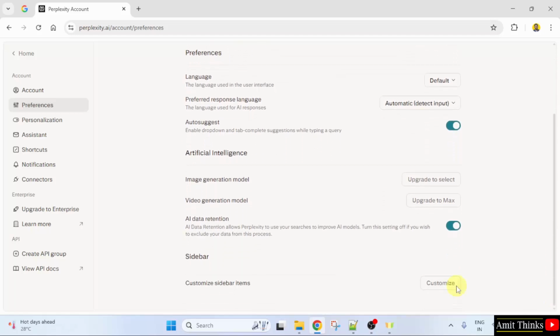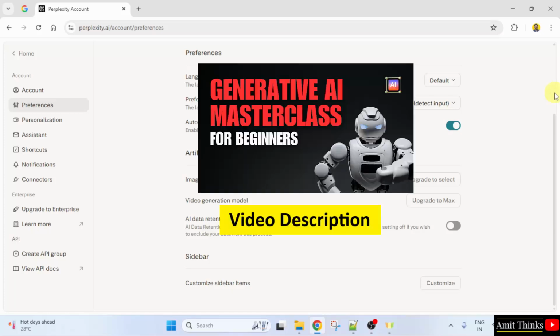Here the option is visible, AI data retention. It allows Perplexity to use your searches to improve AI models. You can just click on the toggle bar to switch it off. Okay, that's it. You don't need to do anything else. In this way, you can stop Perplexity from using your searches, that is your search history, your chat history, to